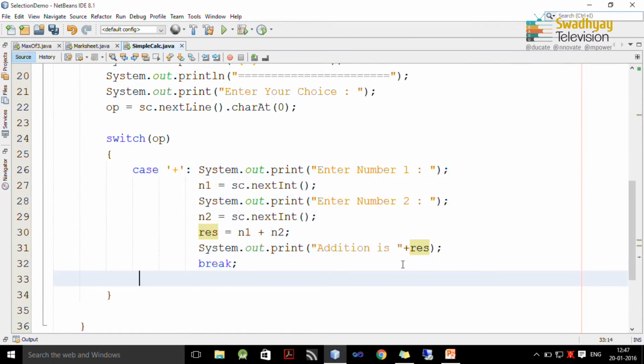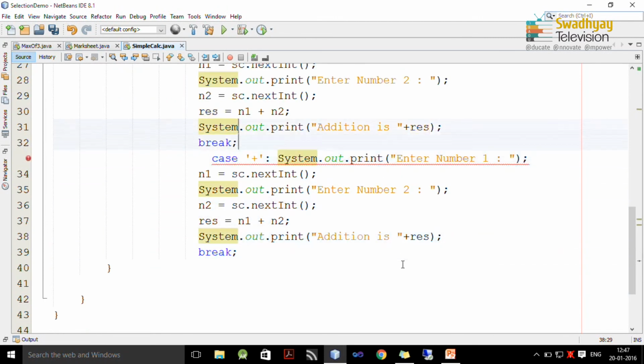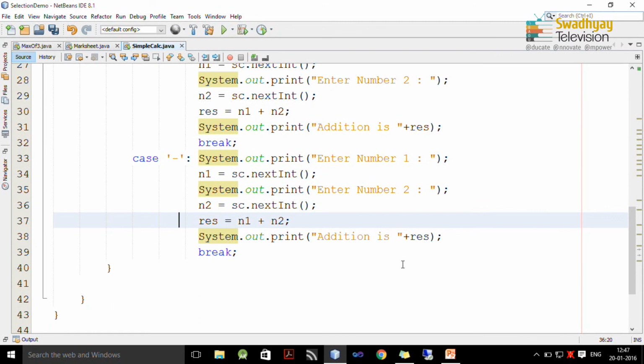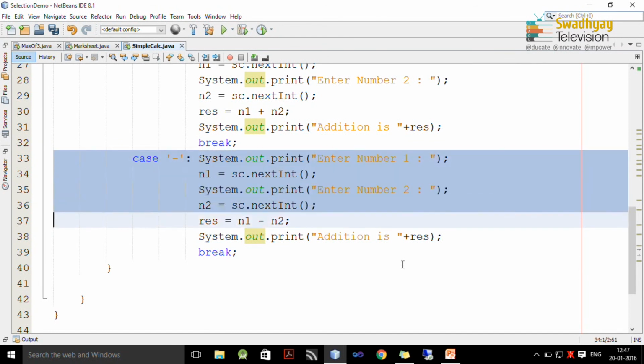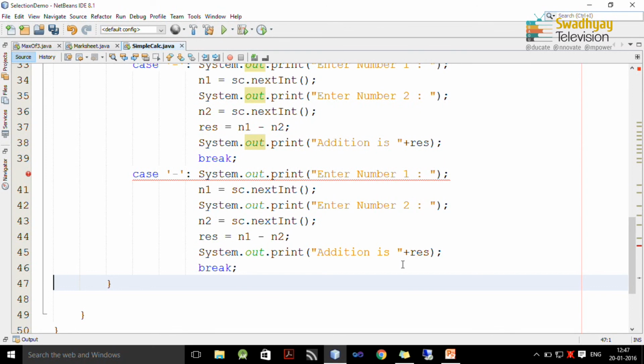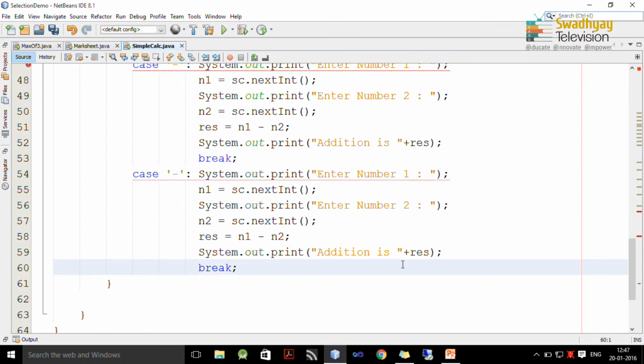Next, we copy entire case, but at this time we will change this value to minus, we read two numbers and perform subtraction. So, we have to again copy these for multiplication, division and modulo division.